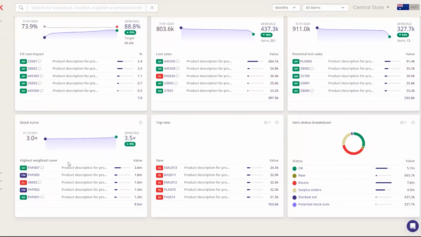Then we have stock turns. So keeping all down the left-hand side of the dashboard panel, we can see here we started off at turns of 3 and went to 3.5. And hopefully we can continue that upward trend to improve the stock turns based on the type of industry that we have. And the final piece in KPI is our supplier performance.